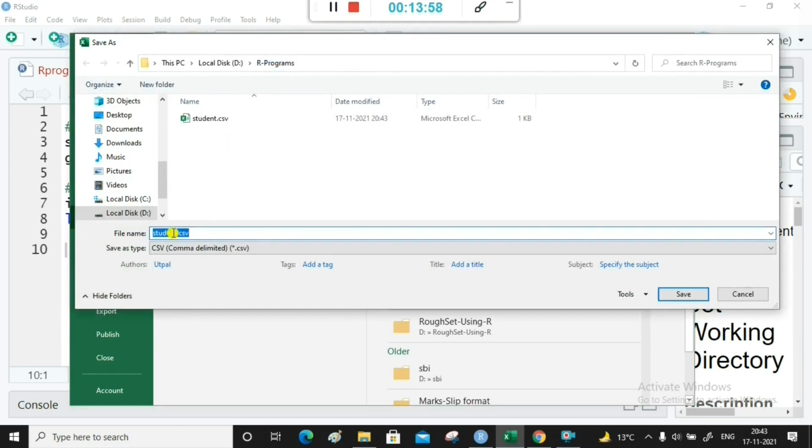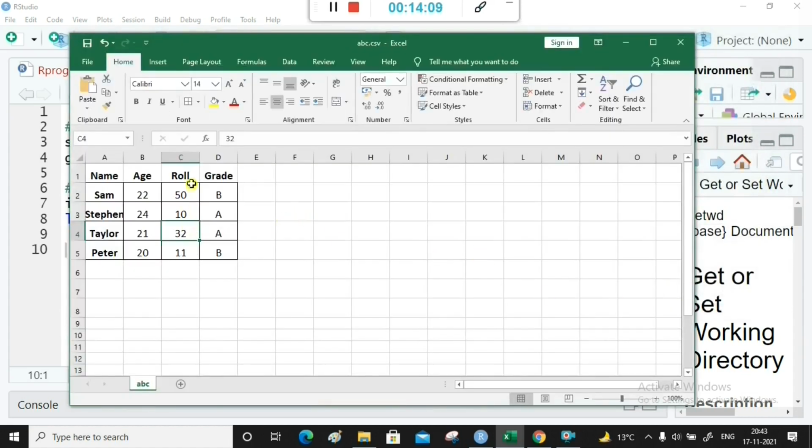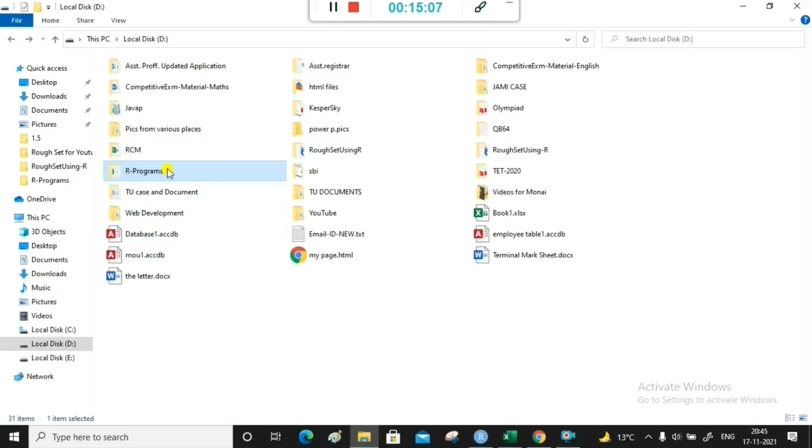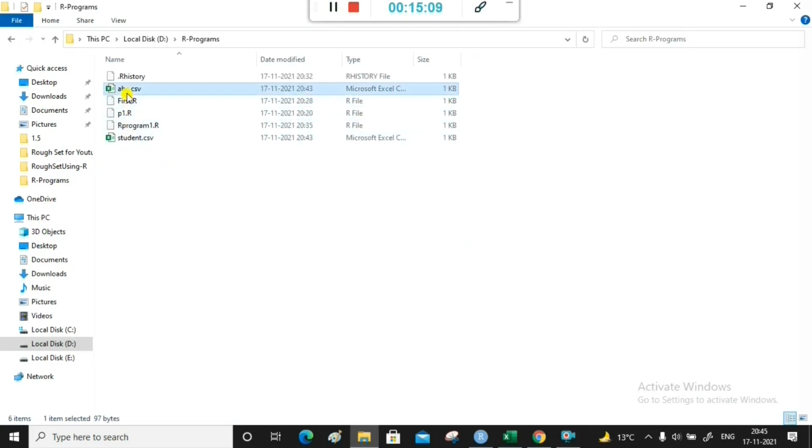Here the file name is abc.csv. Save it. So remember the name of this table is abc and it is in .csv format. So the file is saved in this folder. See, abc is the file name I have given and the extension is .csv, comma separated value file.